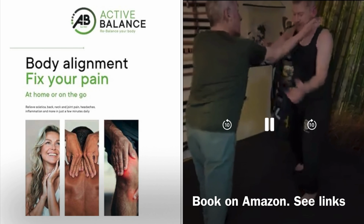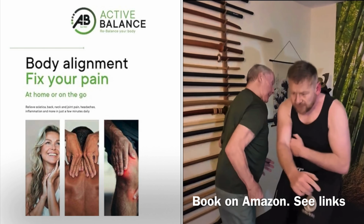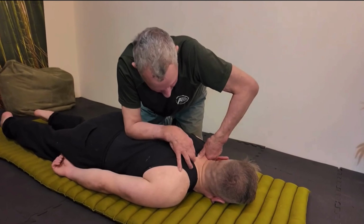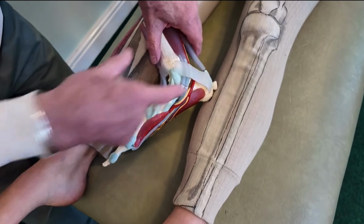In this scenario I'm working with Anthony, and this is an after-training balance, but it could also be a training session or a treatment session if he had a problem. So what we do is a generic balance. I'm going to check most of the joints in his body, mobilise them, freeing nerves off, freeing energy channels,